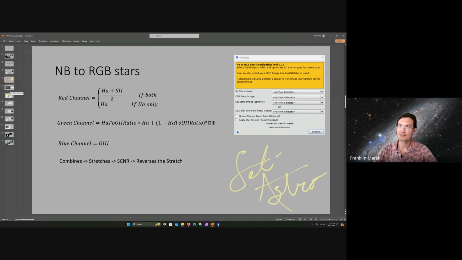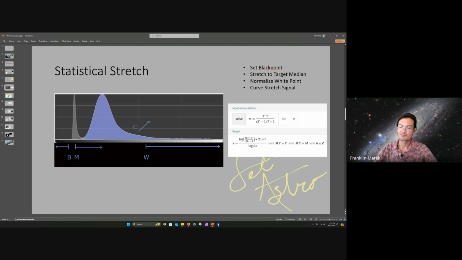Kind of the next thing was my statistical stretch. And I think this is the one that got my scripts more popular. I noticed that's when a lot of people started seeing my scripts coming up, right? So I'll talk about this stuff here in a second, but the bottom line is I thought, sometimes STF, the screen transfer